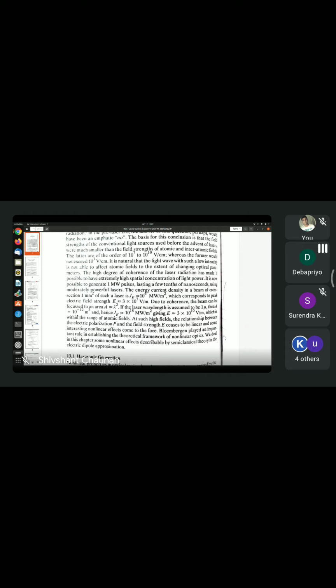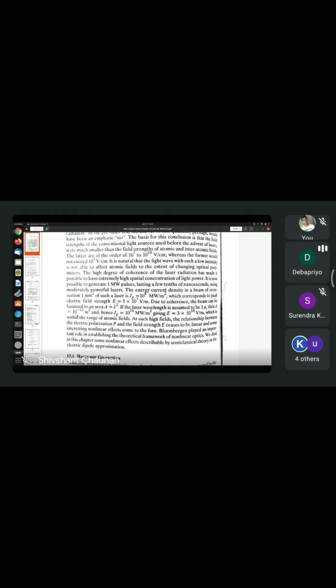The power radiated by such continuous wave lasers is of the order of few milliwatts or few tens of milliwatts, except for the carbon dioxide laser, which we have not discussed in detail, which delivers few tens of kilowatts continuously. But if you want power of the order of 10 to the power 6 or 10 to the power 8 watts, that is 100 megawatts, you have to use a pulse laser source like a ruby laser source. But the pulse exists for only a few hundred nanoseconds, just 100 nanoseconds or so.